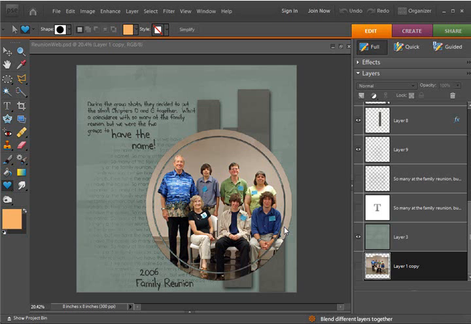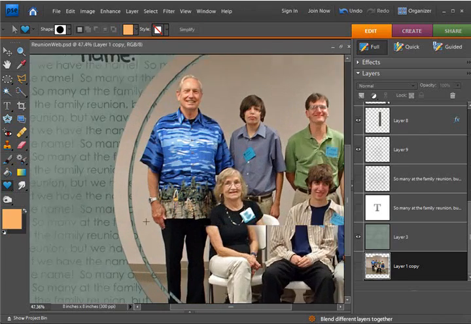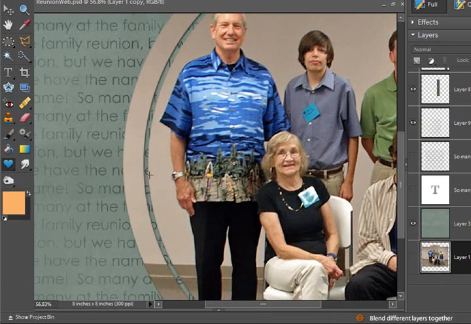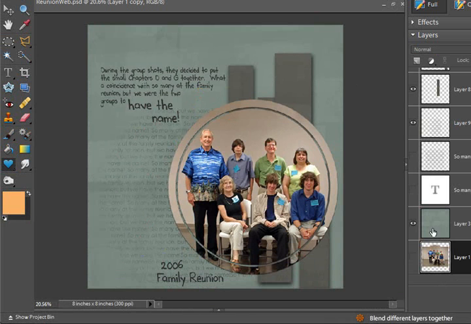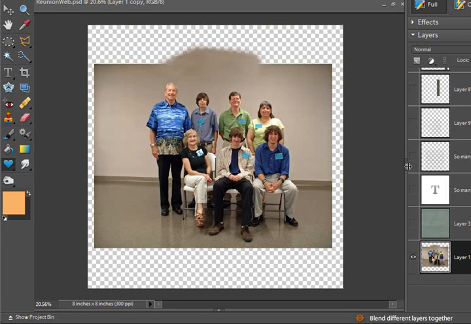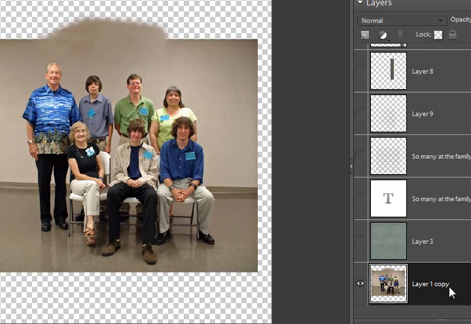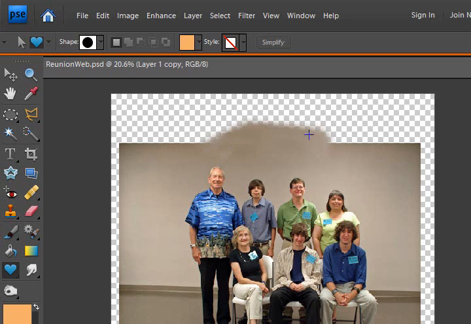And so I'm going to share with you in this layout how to make this circle so that you'll see here it has a cutout area in it, and I'm also going to share with you how I did this text in the background. And so let's go ahead, and I got a copy of my photo down here at the bottom. I turned it all off except for left this visible, and you see it looks kind of funny. That's because after I made my circle and I tried to center the group of people in it,